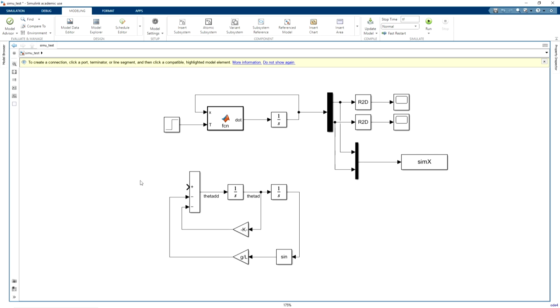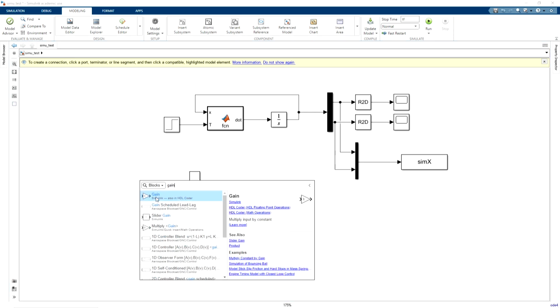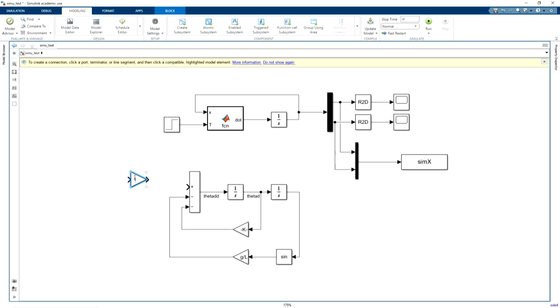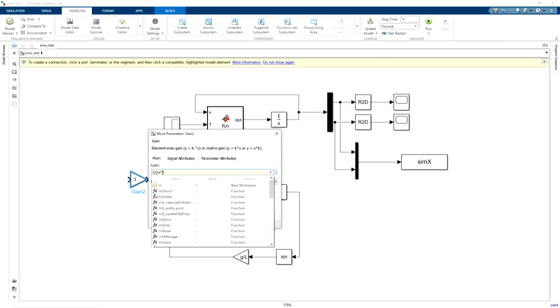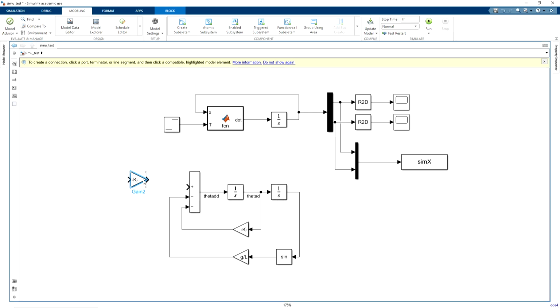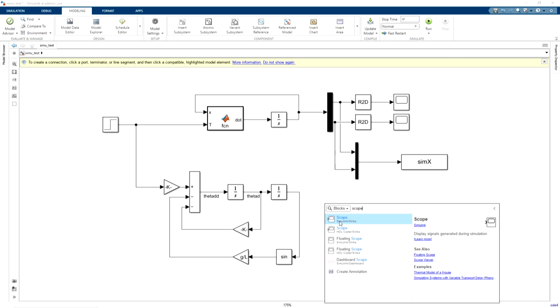And here we have another gain, 1 by ml square, and the same torque I will provide it here. Now let us directly plot scope. This is theta.